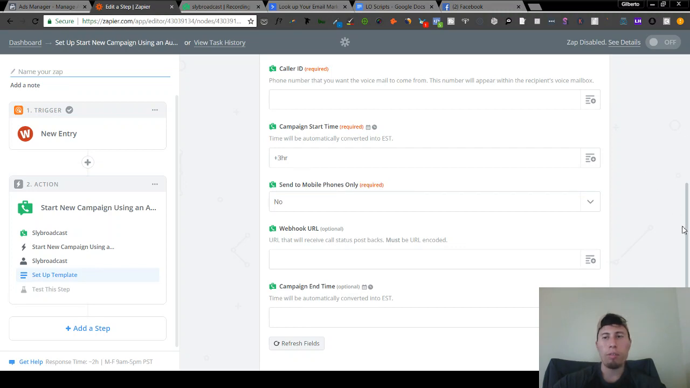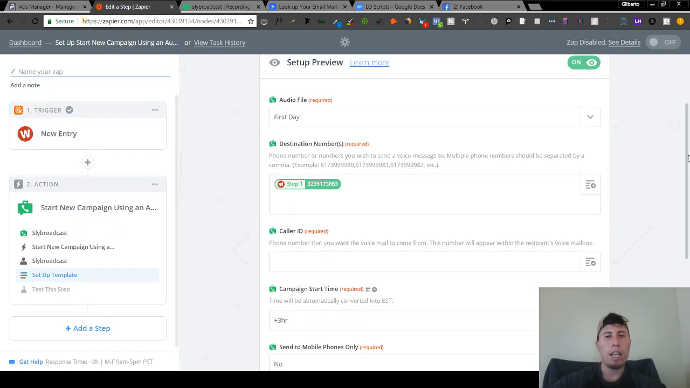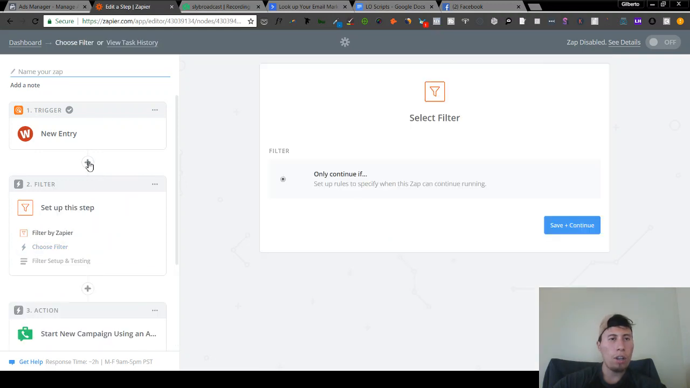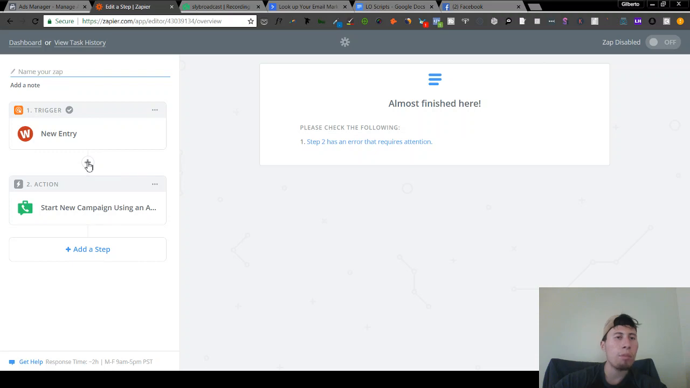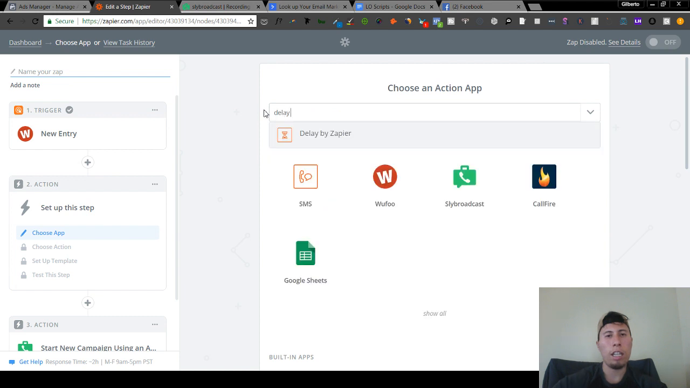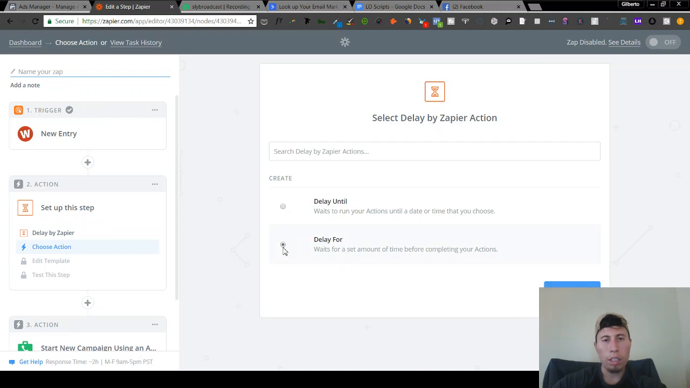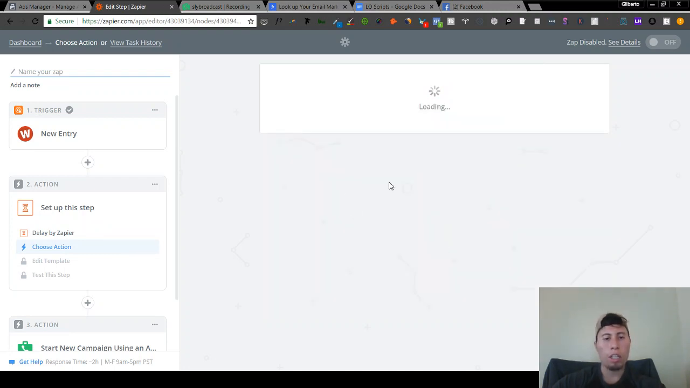It's very simple, very straight to the point, and you can either put the delay on the campaign start time, or you can put this as now, and then put the delay as another step. You can delay it by making another action step and then putting a delay. So delay by Zapier, and then delay for